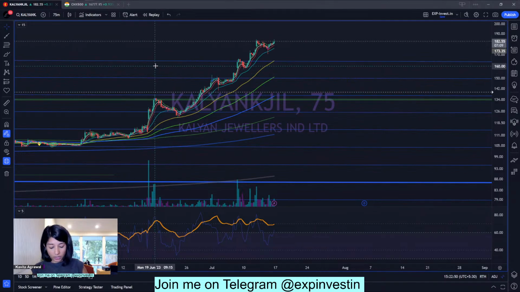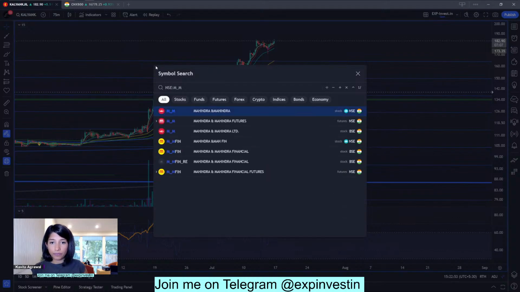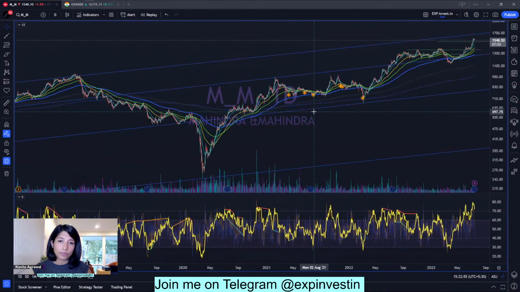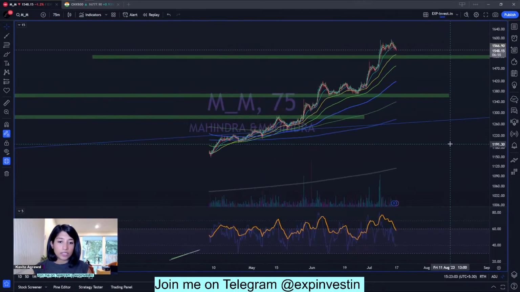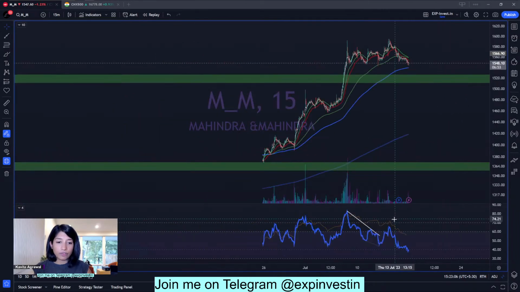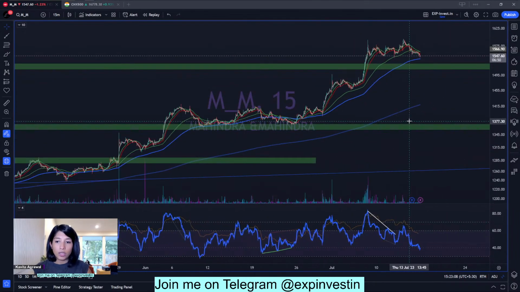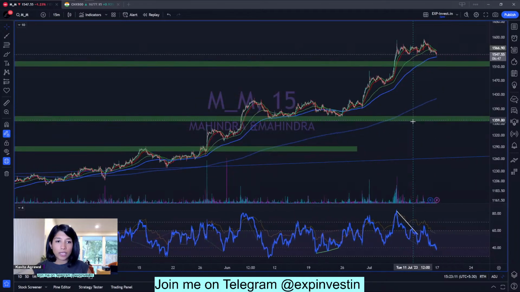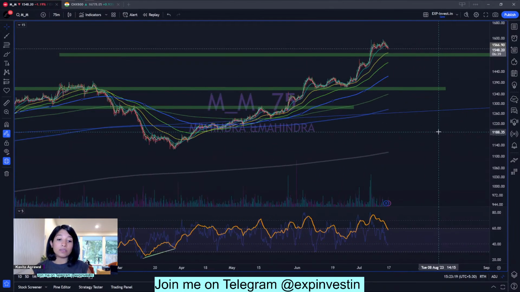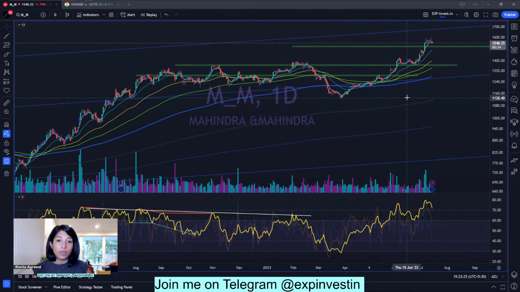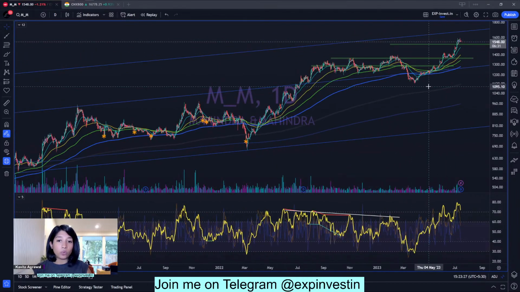So Ritik Gupta is asking about M&M. Okay, strong underlying momentum, volume profile good, 75-minute time frame indicating strength, 15-minute time frame indicating some correction, and I would expect the stock to come back down to retest this 200 EMA on the 75-minute time frame, and that is exactly where I would want to also take a long position, not before that, because you can see that the stock has been going one side for a long time.